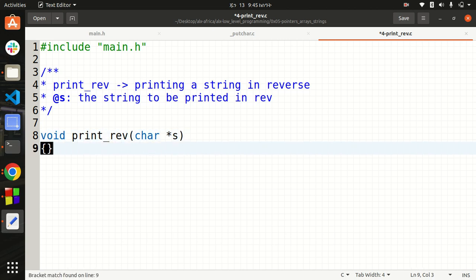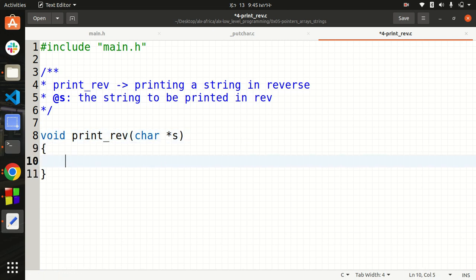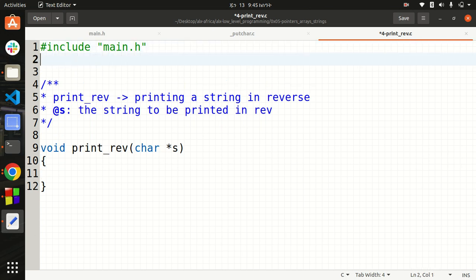Here, as you can see, it is going to be a string in reverse, so I'm going to need a length character. Let me include string.h